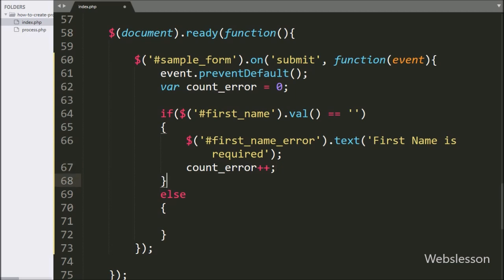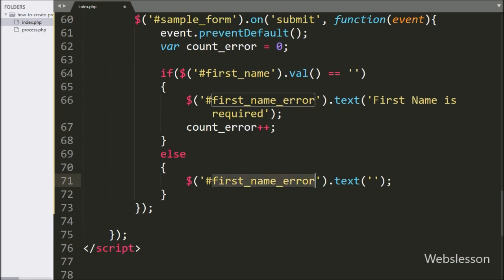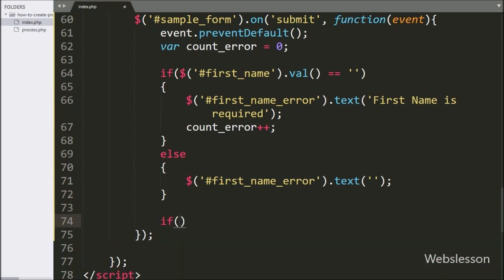But suppose the first name text box has some value, then it will execute the else block of code, and here we have written $ with span tag ID first name error, with the text method with blank value, it will remove the first name text box error. Same way, to validate the last name text box data, here we have written an if statement,